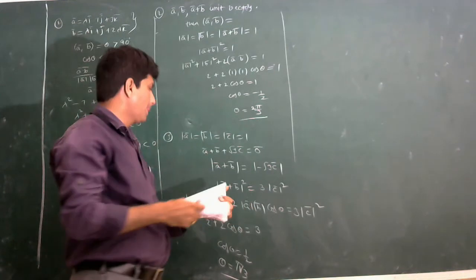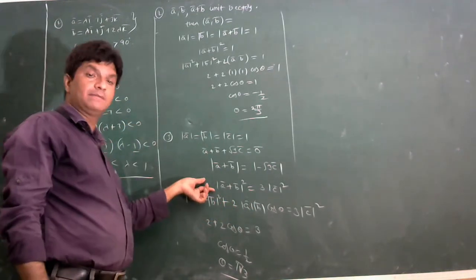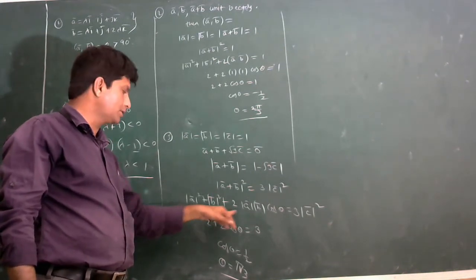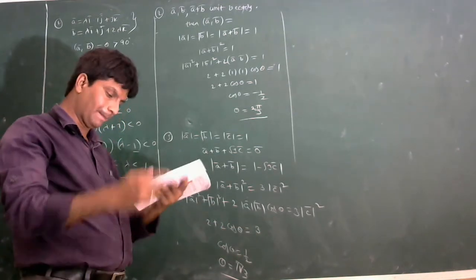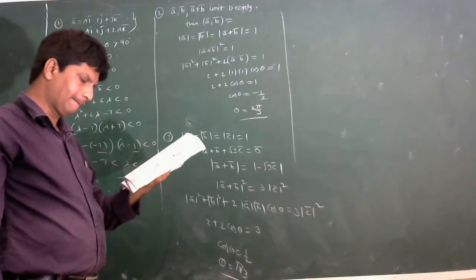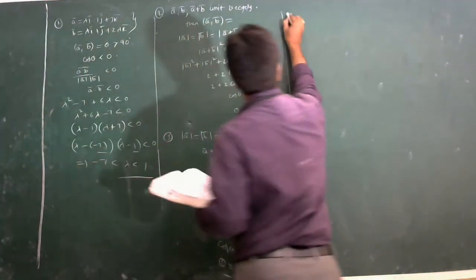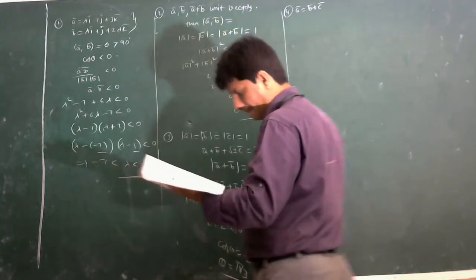So similarly, these are all the problems we have done in the form of mod of A bar plus B bar whole square is equal to mod of A bar square plus mod of B bar square plus 2 into A bar dot B bar, which means mod A bar mod B bar cos theta. Right. Next one. If A, B, C are 3 vectors such that A bar equal to B bar plus C bar is given,